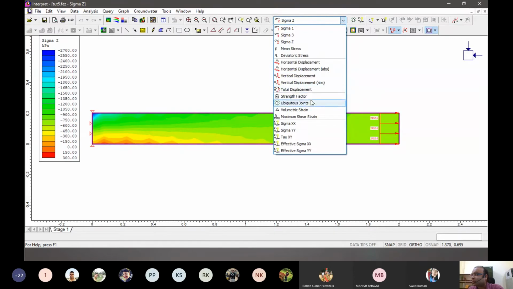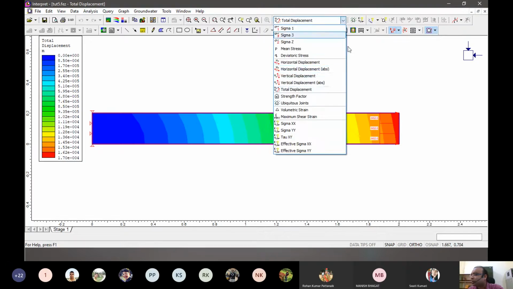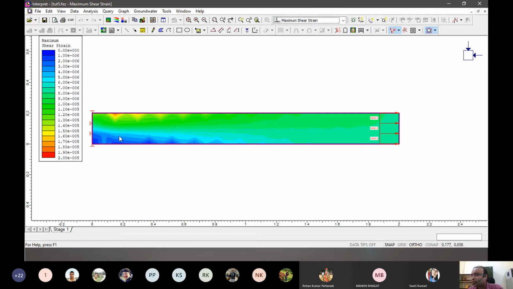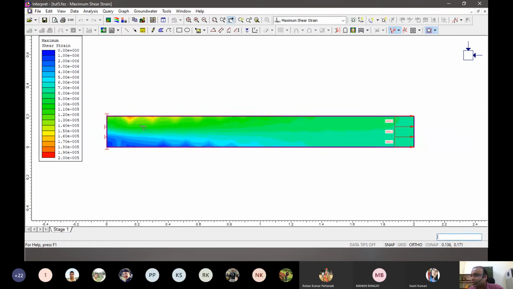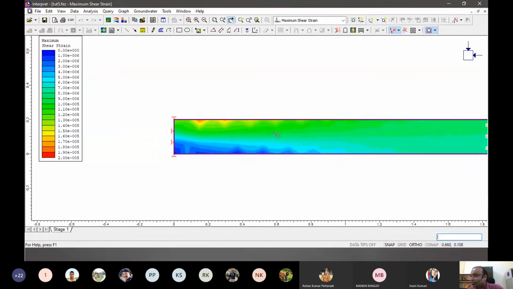And in terms of strain, or let's see displacement, we can see the maximum displacement we are getting is 1.7 e to the power minus 4. And about the maximum shear strain, we can see the area where these are being developed. Actually, if you see why these are being like this, it is due to